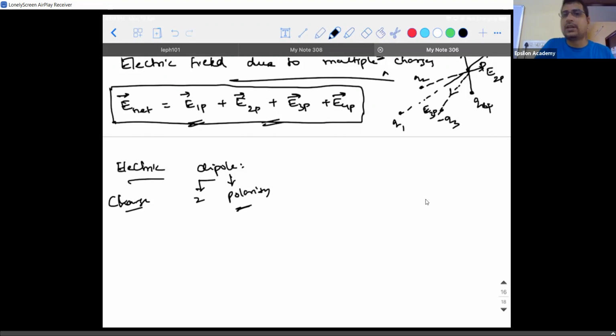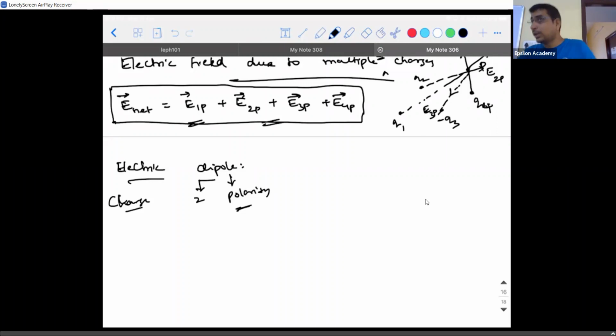Actually the concept of electric dipole that we are discussing here is the one you would have seen in your chemical bonding. It is actually related to chemistry, like how an electrostatic bond, an ionic bond is formed. In a similar way, you talk about the molecule HCl. It is a dipole. It has H plus and Cl minus. There is a small amount of positive charge on hydrogen and negative charge on Cl.